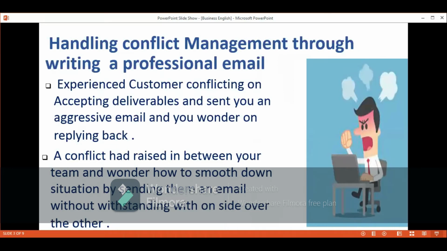Of course, there is always conflict. And conflict is something that is good because it raises up the problem and then you need to act on it. So there are many techniques: how to confront, how to solve the root cause of the problem, how to compromise, how to build a consensus, how to collaborate, how to smooth down the situation, and how to avoid the conflict from occurring.